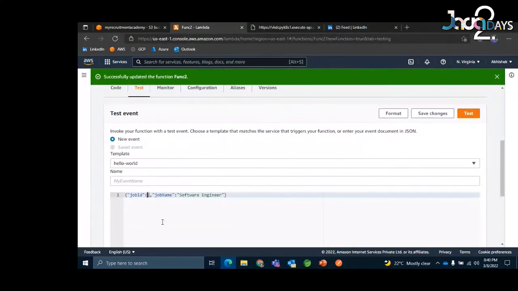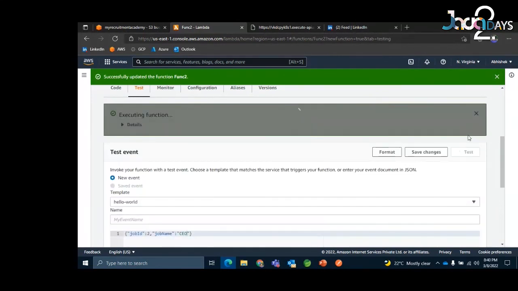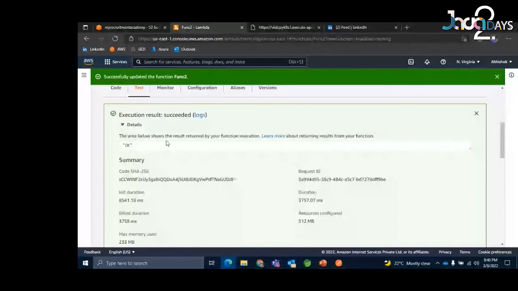Let's call the job ID 2, and add a person who is the CEO of our company to see if it works or not. I'm going to add a CEO here. If I'm able to get a success message here, then we can hit the get request again. You see, I'm getting a success. And in parallel, if I hit the same old API, you see that I'm getting the output. And the more requests come, the quicker the output is going to be.